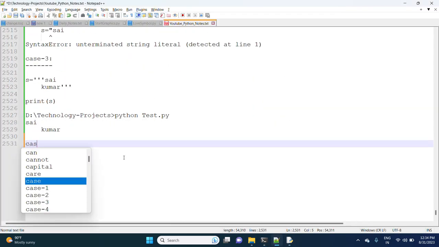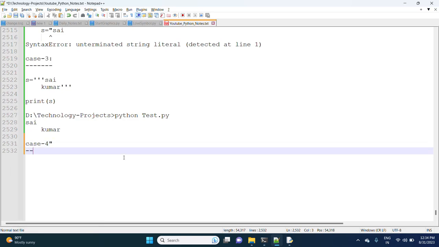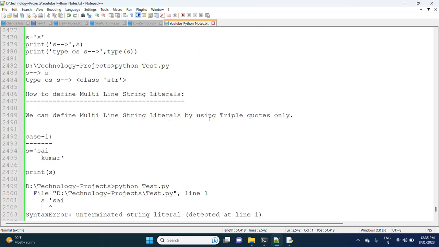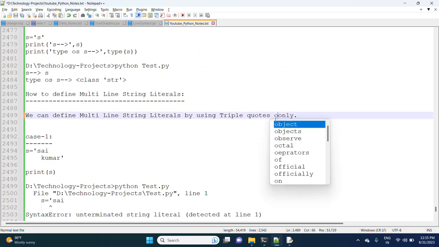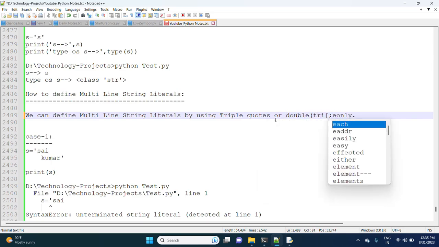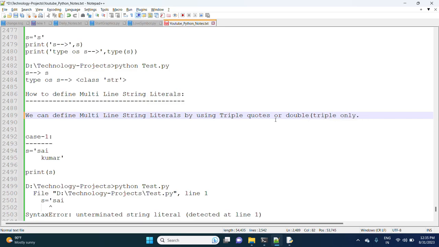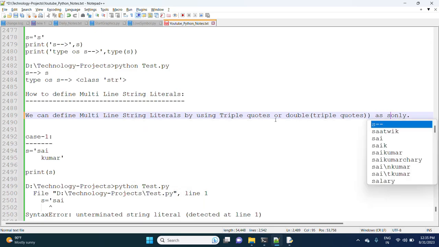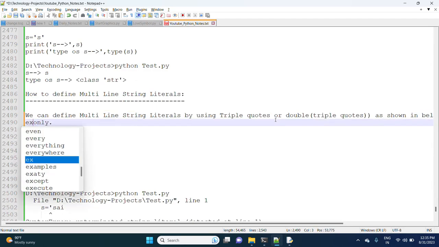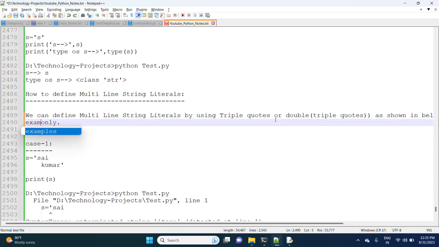Case 4. So the theory we are writing: we can define multi-line string literals by using triple quotes or double triple quotes, as shown in the below examples, case 3 and 4.